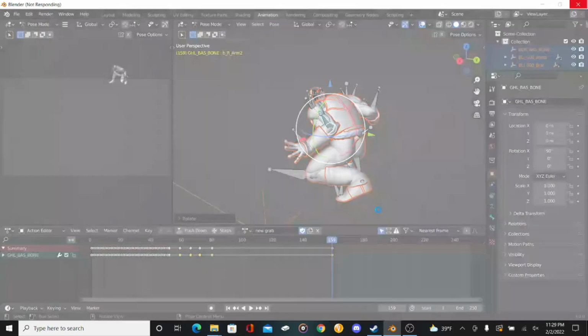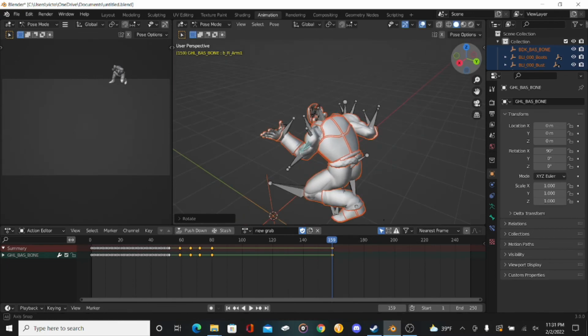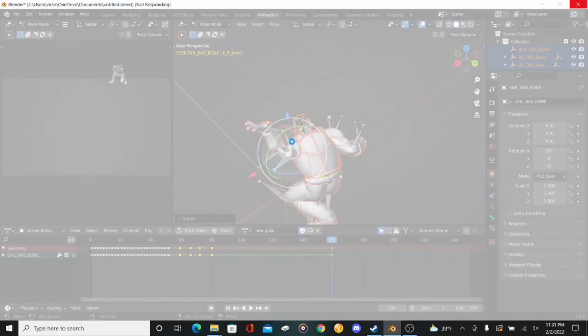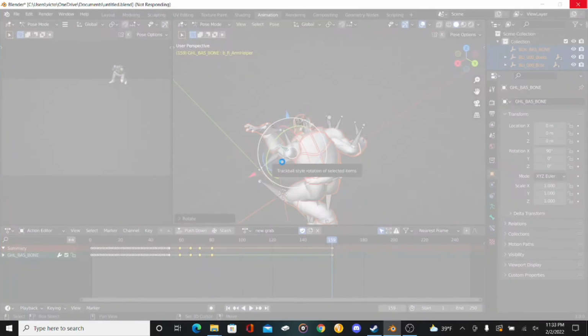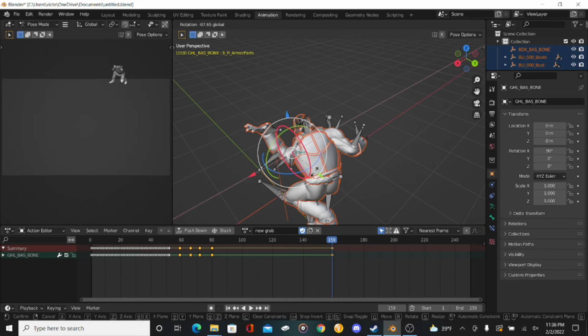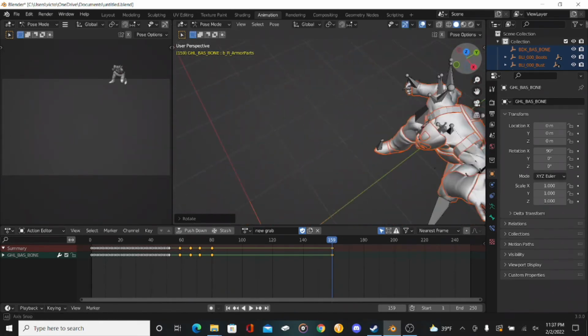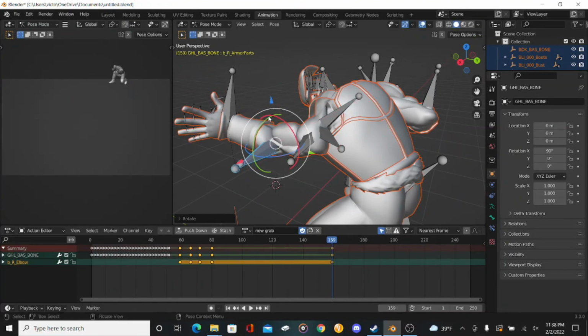If you don't do that, then you have to just Control-C copy the entire pose. But just make sure you pay attention to what you're doing and that you're careful. Once you're on the exact frame you want to add the custom pose to, make sure your character's in that pose on that frame. You want to hit A to select all the bones of that pose, and then right click on it and click Insert Keyframe.